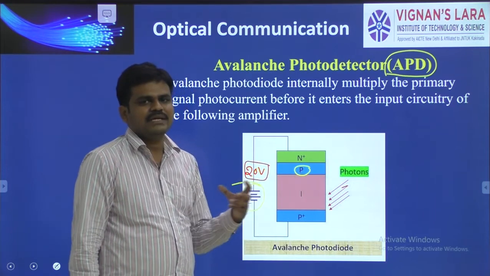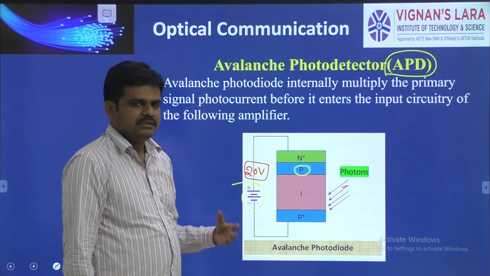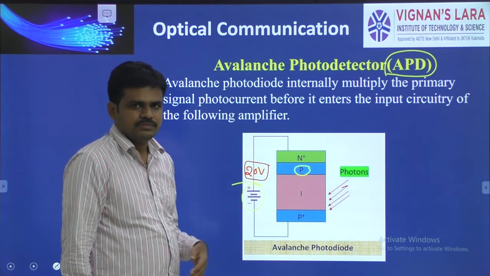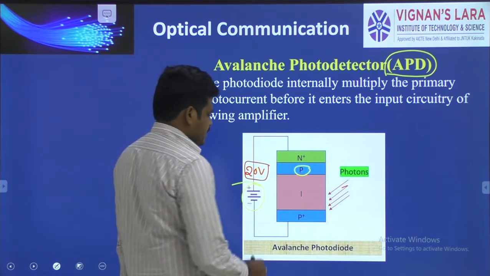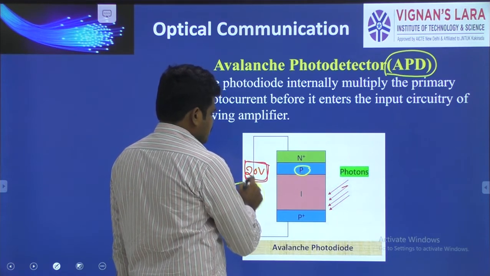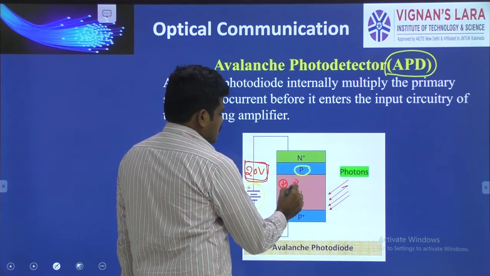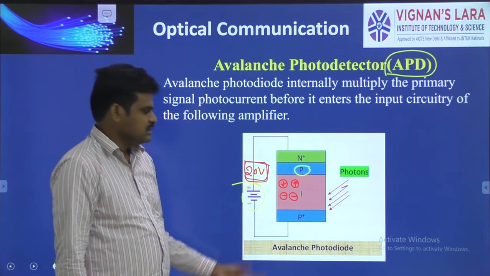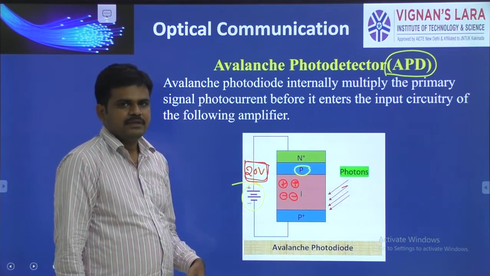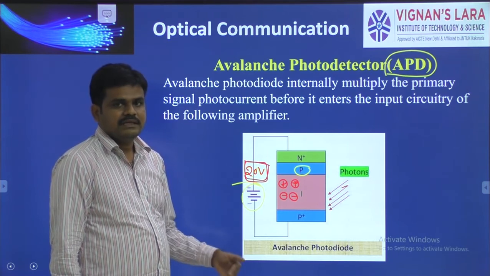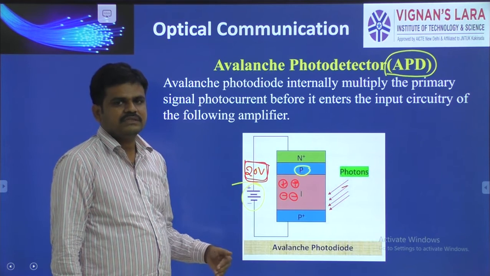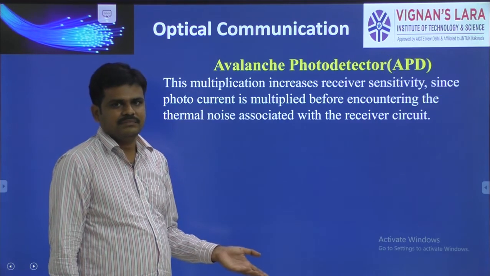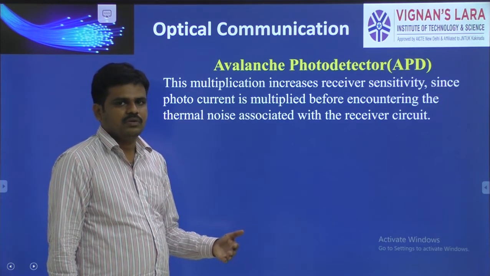we know that electron hole pairs are separated. This happens in the pin diode also, we know that, but due to the application of large reverse voltage, the electron hole pairs generated in the intrinsic semiconductor will hit the intrinsic atoms, due to which a few more electrons and holes are separated.